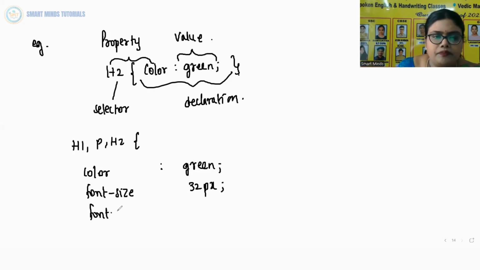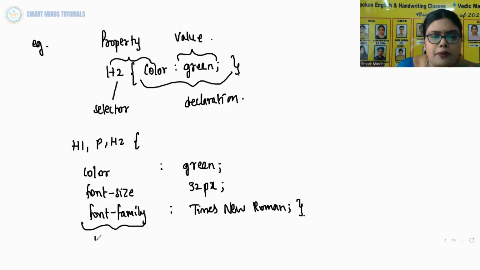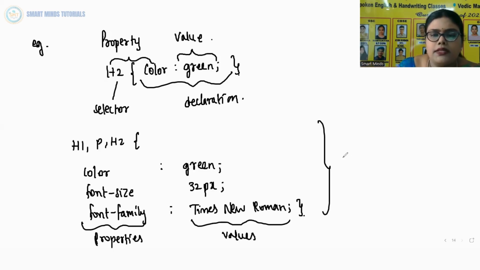Font family Times New Roman. So these are properties and these are values. And this is the rule.